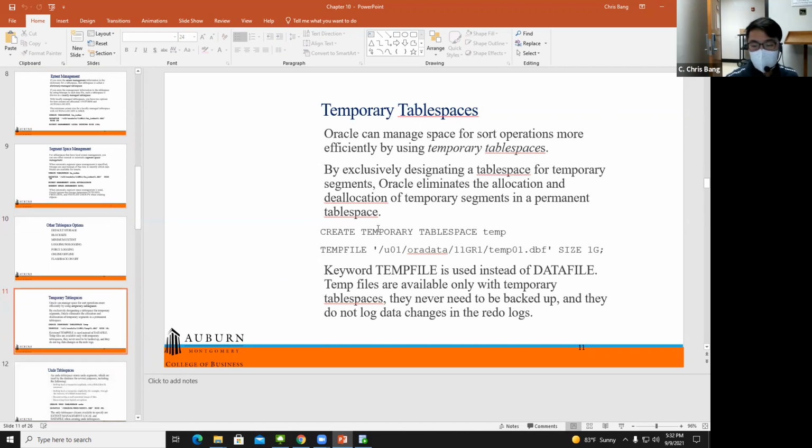Also you can create a temporary table space, but to create one, you need an option like this: create temporary table space. And what is the difference between temporary and regular table space? If the owner of the table space is disconnected from the database, then the temporary table space will be disabled automatically. So normally the reason a temporary table space is created is for